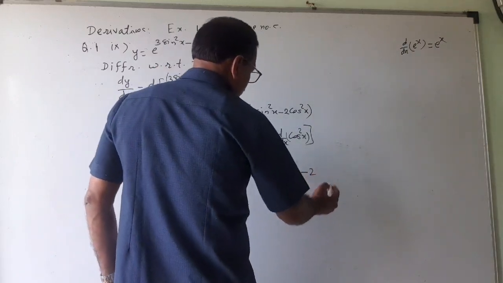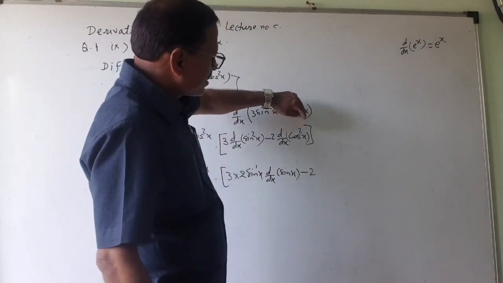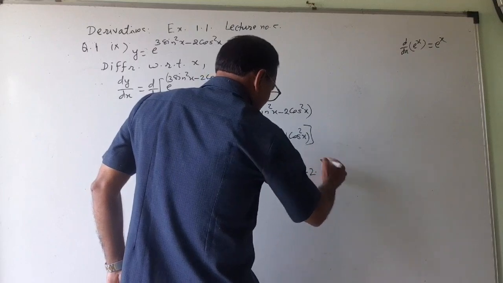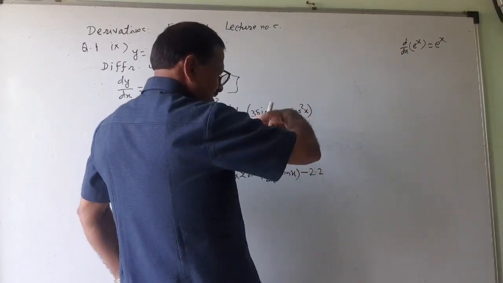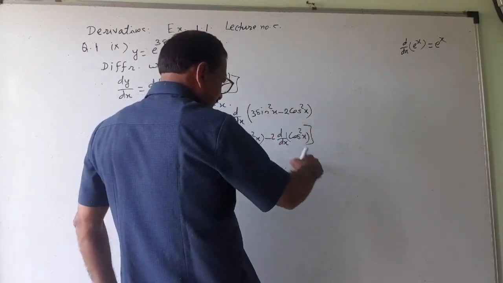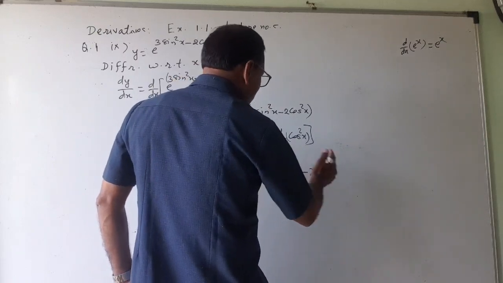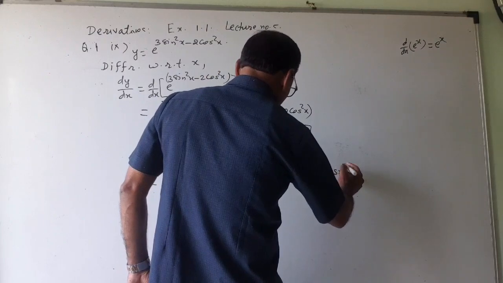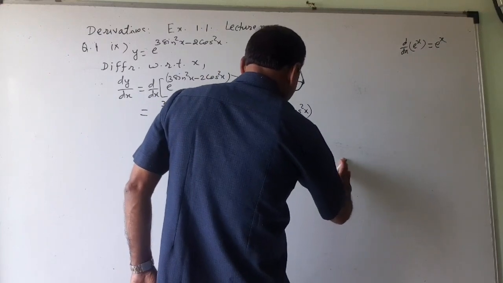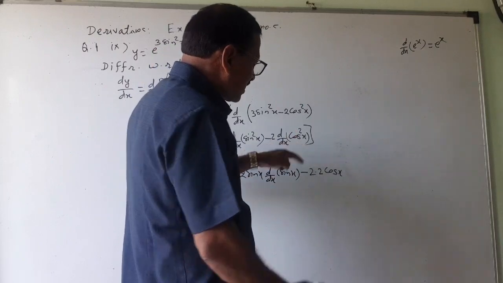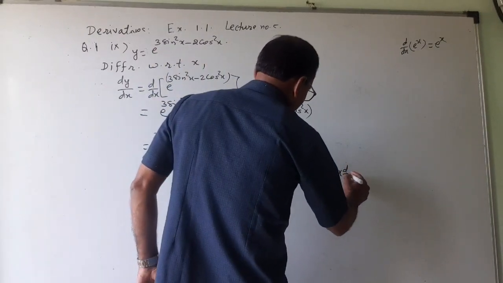Minus, this is 2. Here also cos square means it is the power function first. So that n will come here, n into x raised to n minus 1. N has come here and cos raised to 1, so not needed to write 1, cos x. Okay, power function is over. Now the derivative of this function itself into d by dx of cos x.